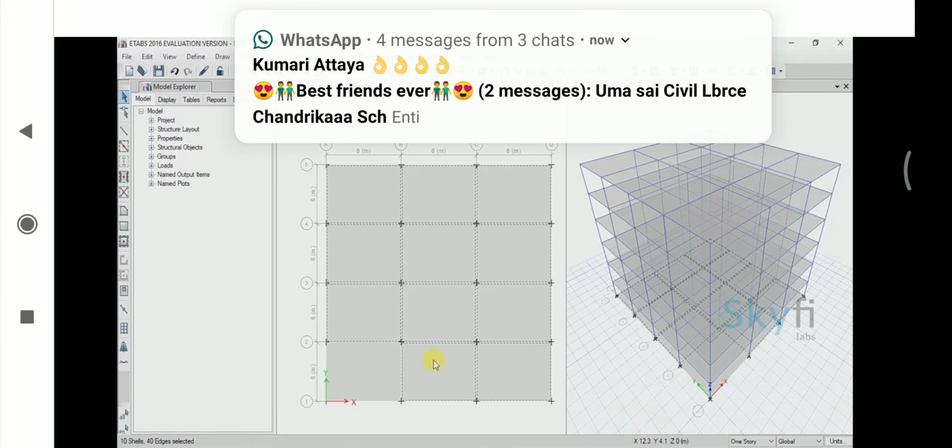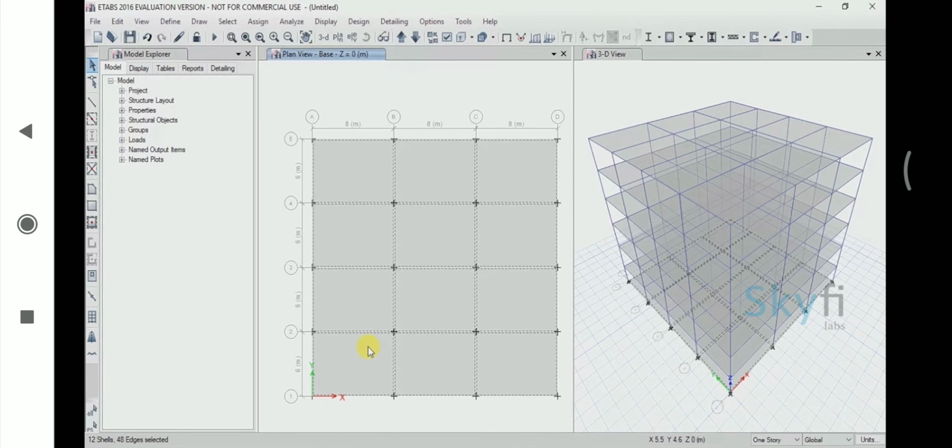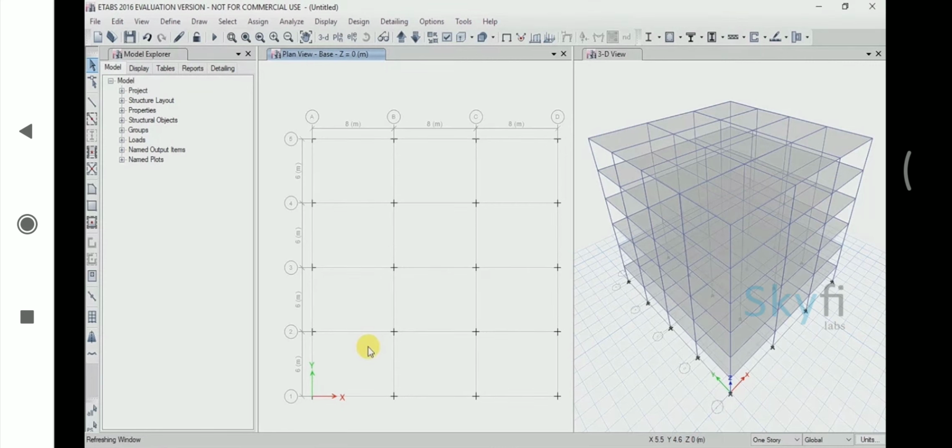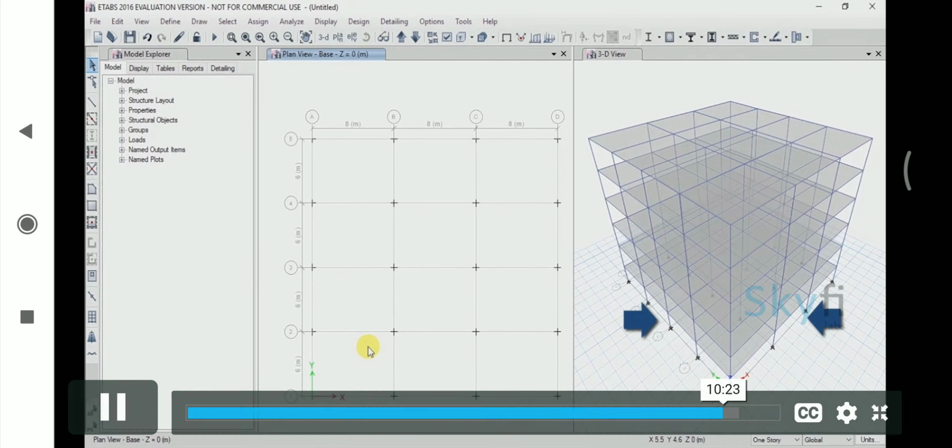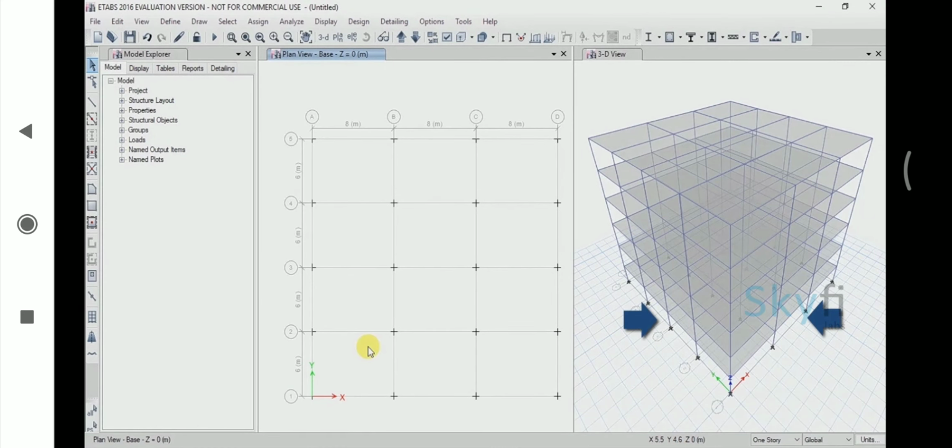If you select the whole area together, it will select the joints along with the slabs and delete them. So you have to select them separately. Press delete on your keyboard once the slabs are selected. The slabs only at the base will be deleted. Here the joints in the frame structure are rigid or fixed. So the base joints have to be changed to fixed.